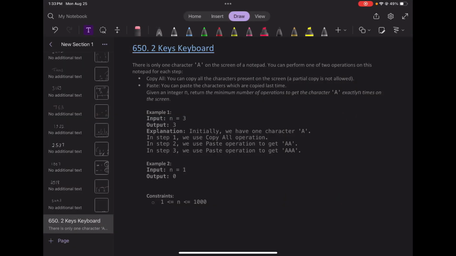Hey guys, so today we'll be doing LeetCode 650, Two Keys Keyboard. So there is only one character A on the screen of a notepad. You can perform two operations on this notepad for each step. So copying all the items on the screen is going to cost you one operation, and pasting also costs